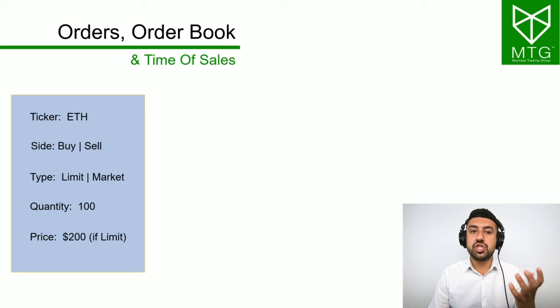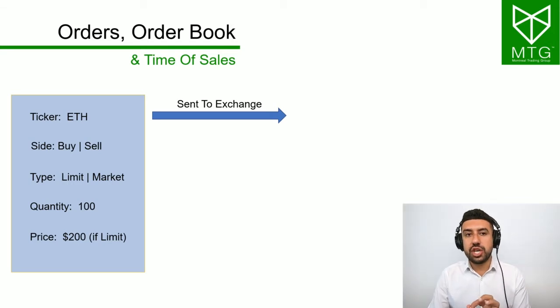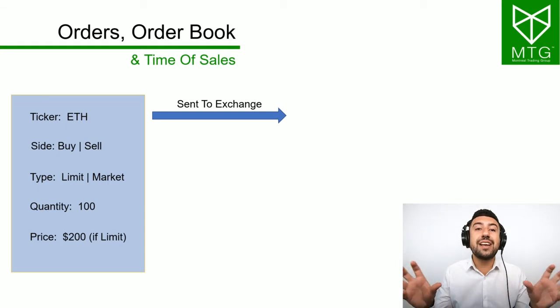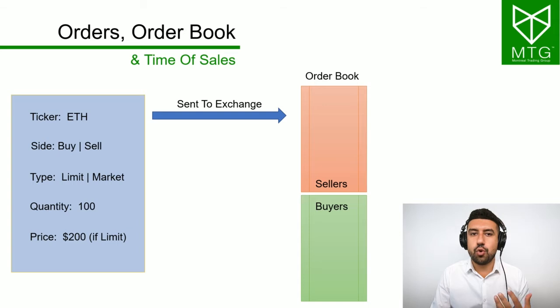I can put this on the exchange. So I can go on Binance and put this order in. Then the order is sent to the exchange, and it's going to be sent through their matching algorithm. Okay, so it's just a computer, a server, and they get all these orders. And they have a very strong, quick and fast matching algorithm that's going to match all the orders. And the visual representation of this matching algorithm is the order book, which is a book that has all the orders for all the buyers and all the sellers.